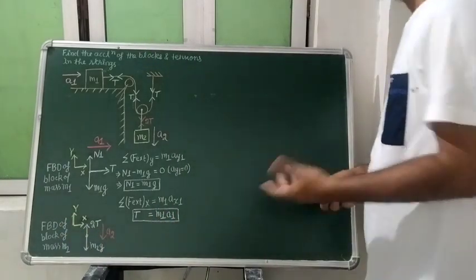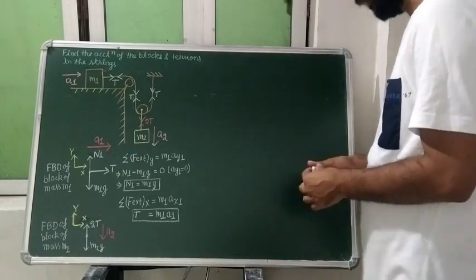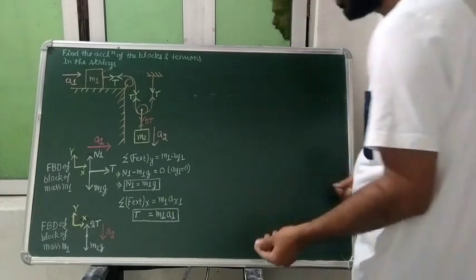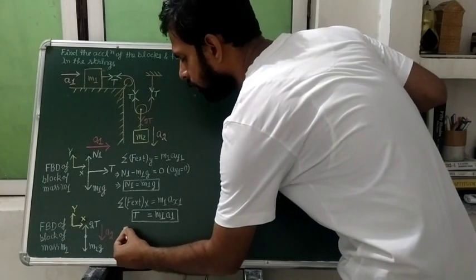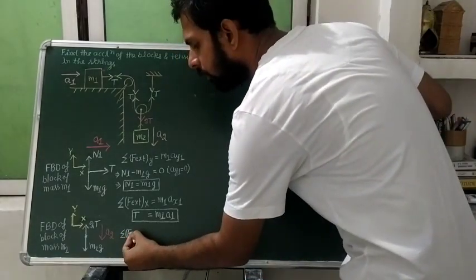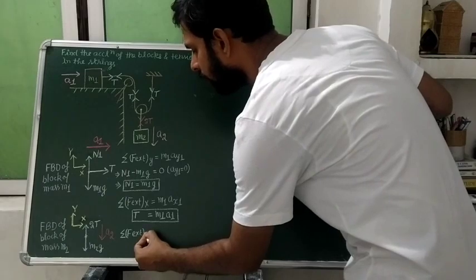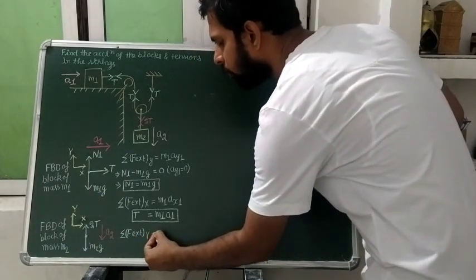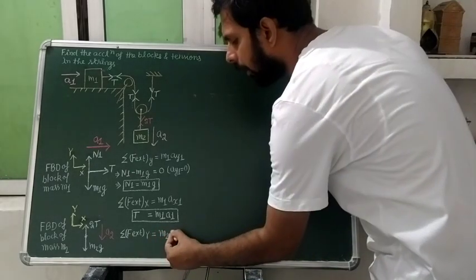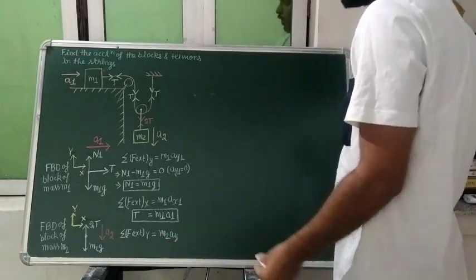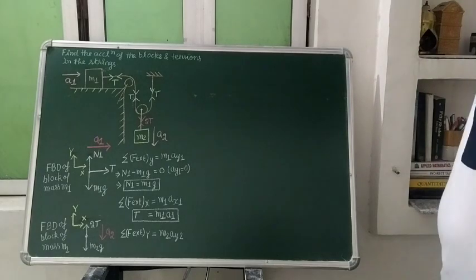So obviously, students, no external forces are present in the x direction, so there is no need of applying Newton's second law in the x direction. We will apply Newton's second law in the y direction. So what will we say? That the vector sum of all the external forces in the y direction should be equal to what, students? Mass m2 times the acceleration in the y direction of block 2, which we represent as ay2.